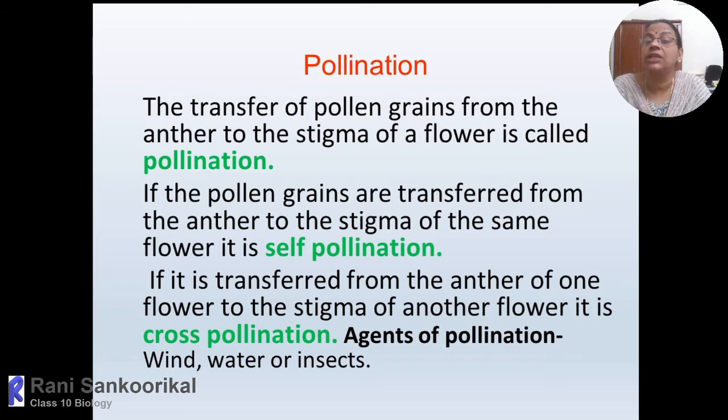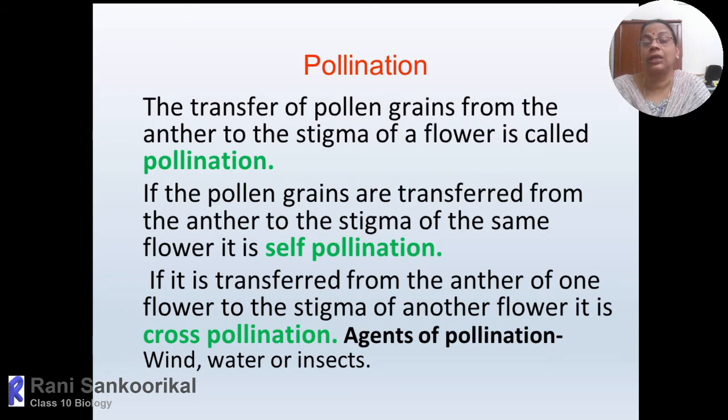So it is very easy; the same type of plants can be generated from the same plant. That will later develop into seed, and the seeds will produce the same characteristics of the parent plant. So similar characteristics will be followed in the next generation also. The other possibility is the male sex cell going from one flower to another flower. Then it is called cross-pollination, because from one flower it will fall onto the stigma of another flower.